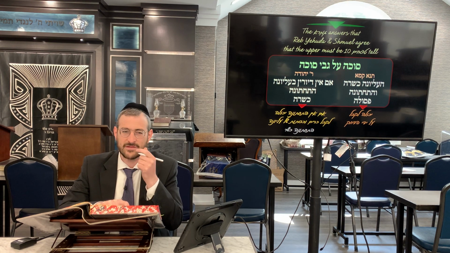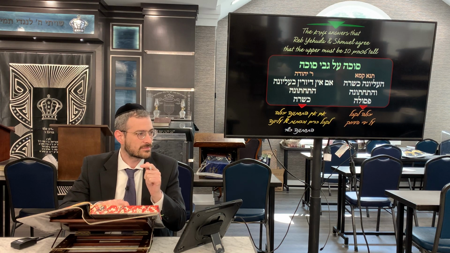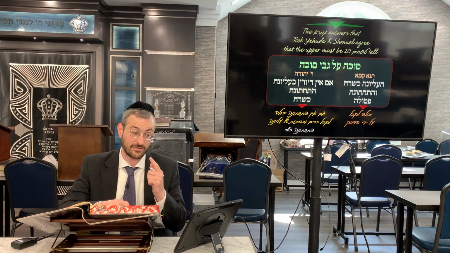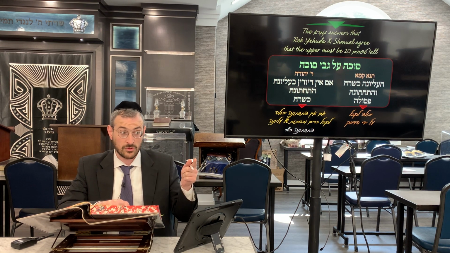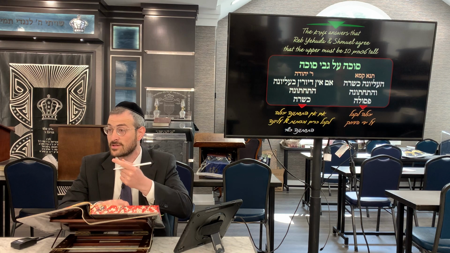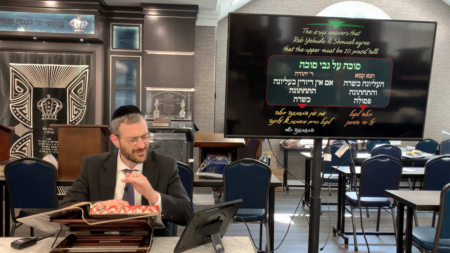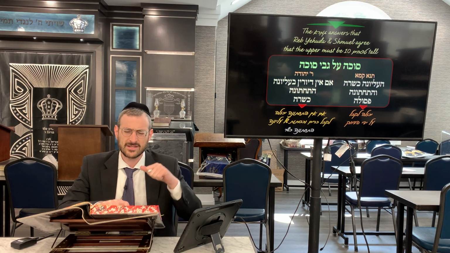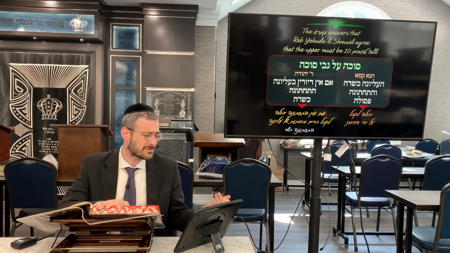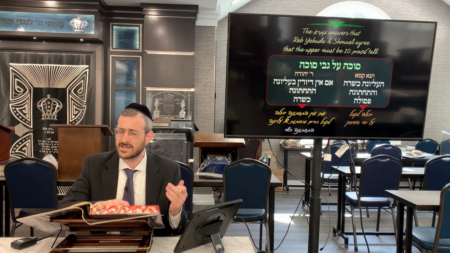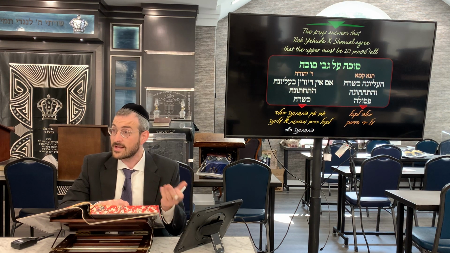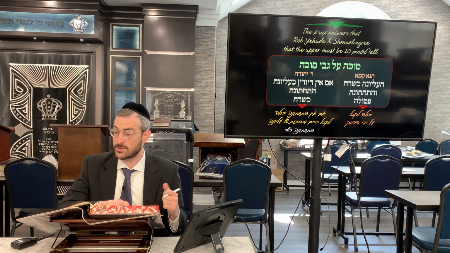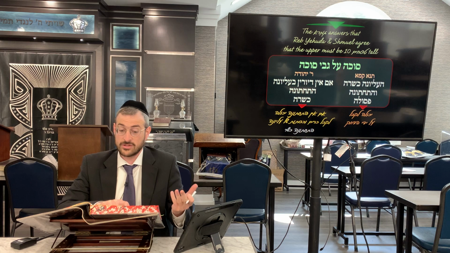Shmuel's halacha was you cannot invalidate the lower sukkah unless the upper one's at least 10 tefachim. So that's not what Rabbi Yehuda means when he says if it's less than 10 tefachim, then it's going to be kosher, which would be like Shmuel. But that would make the Rabbanan not like Shmuel, because then the Rabbanan would be saying it's possible even with less. But no, everyone agrees it can only invalidate by 10. The case of Rabbi Yehuda is because no one could be there simply because there's not enough. It can't hold the weight, and therefore, if it cannot hold the weight, that would not invalidate the lower one, since the upper one cannot function, so it cannot invalidate the lower one.